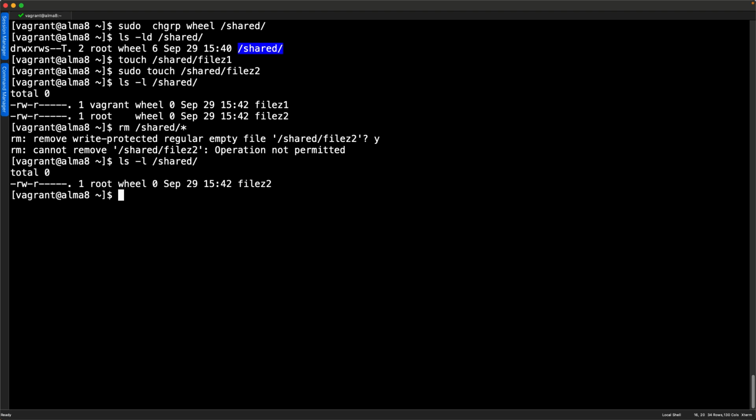Understanding the umask becomes important, so we don't have to worry about changing our permissions regularly. We can have our umask set correctly so that the file permissions are correct. But very often when we're working with shared directories, we need to make sure that the special permissions are configured on the shared directory. Here we set the group ID bit to control the ownership of new files, and we set the sticky bit to control deletions from the directory.